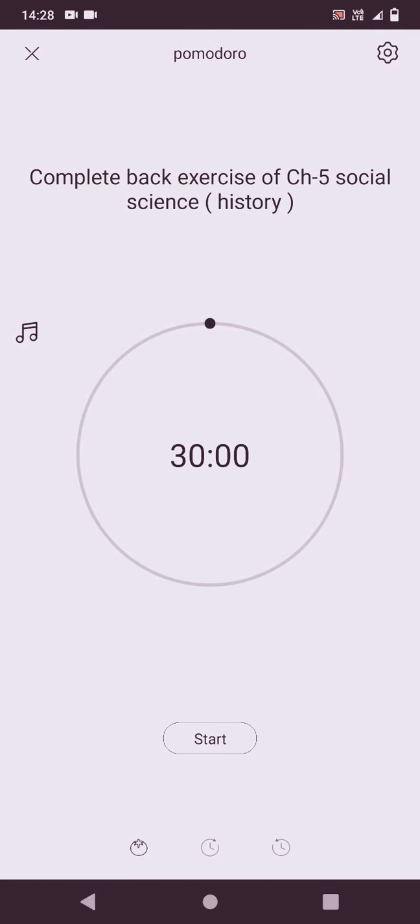So the next function is that if you click on a particular task, you will be able to see this option. This is an option for the timer. If you want to complete a particular task in a given time, you will be able to see this option also. Just tap on the task which you want to complete in the time and then start. If you want to change the setting of this given time, like here I have a 30 minutes timer, but I have to change this to a 45 minutes timer, just click on the settings button.